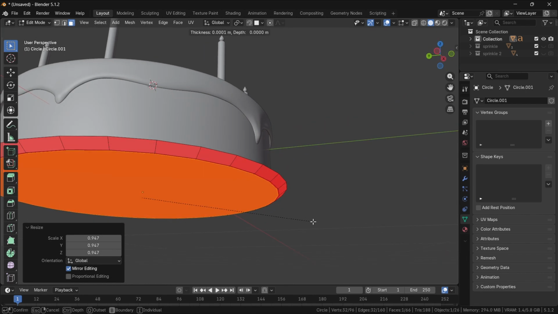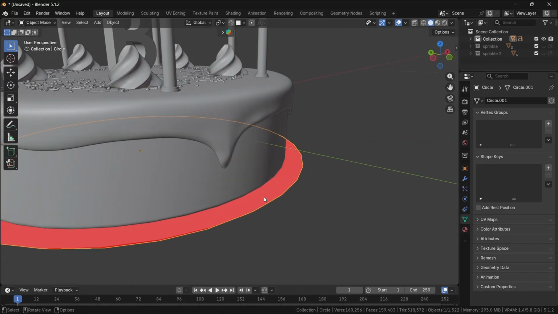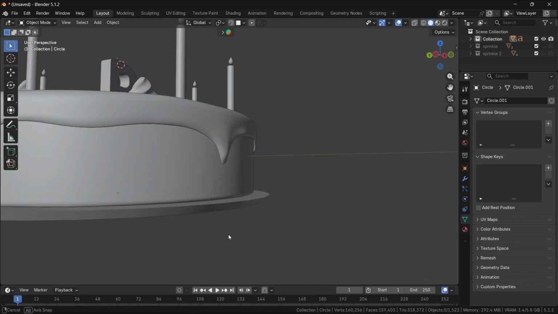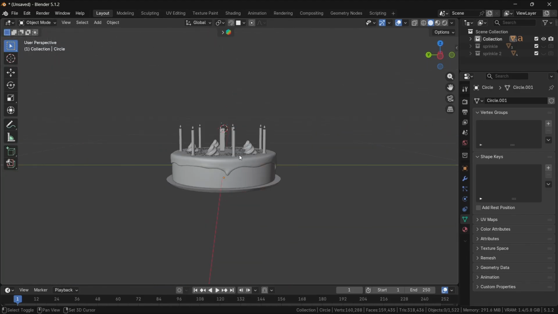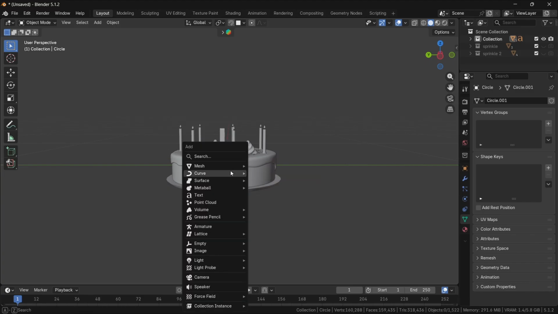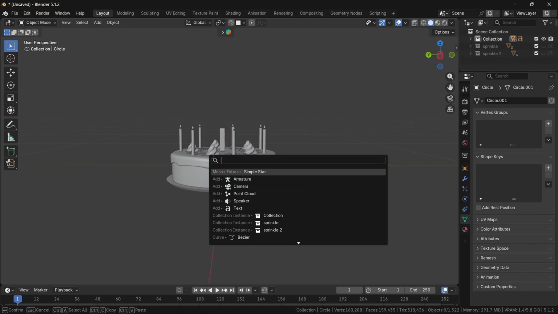Now inset a face and extrude it again. Then shade auto smooth. Press Shift plus S and select cursor to world origin. Now we will create a table. So add a plane object